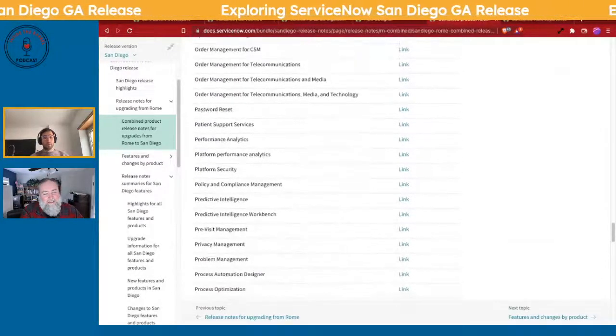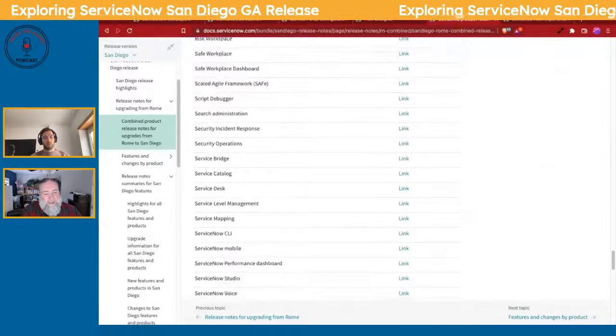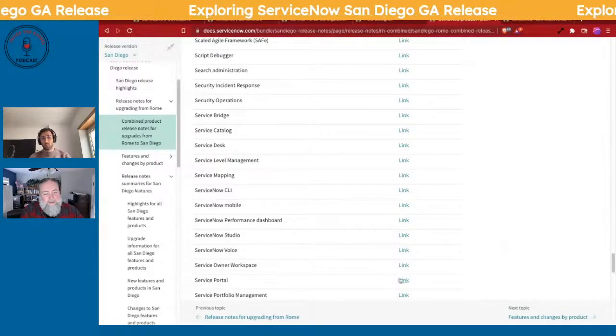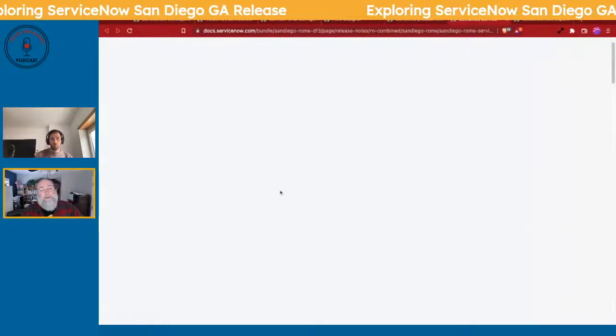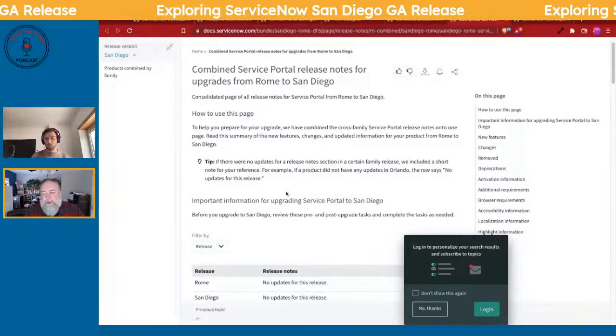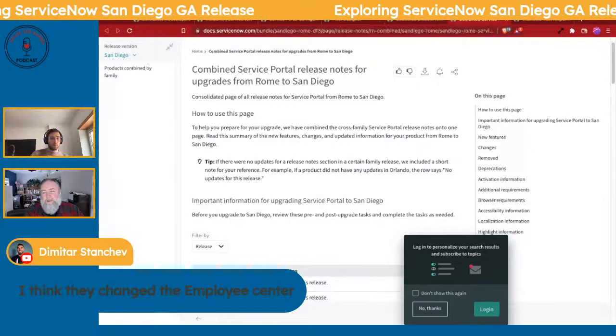So again, it's a testament that they're really doubling down on UI Builder, right? So maybe those release notes are really good ones. Yeah, I mean, I think everyone knows that that's the direction they're going. I just wish they would get